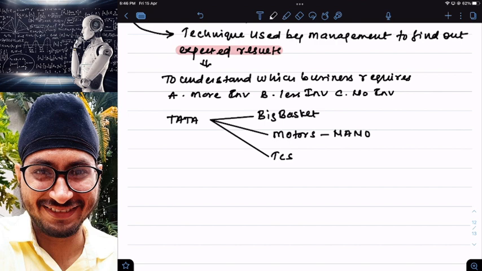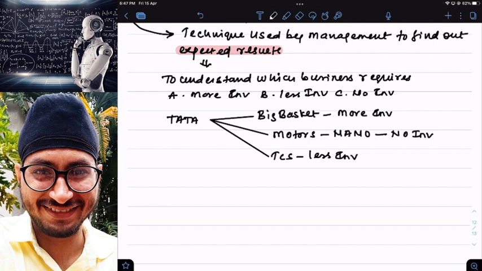So here in this case, will Tata invest more money, less money, or no money? There is no investment required. Close that business, stop manufacturing Nano. Why? It is resulting in losses. Sales are just not there. Big Basket is a recently acquired company, so in order to expand, it has to invest more money. So more investment is required here. And then TCS. Since it's a well-established, very stable company, less investment